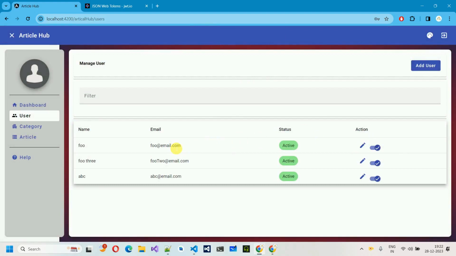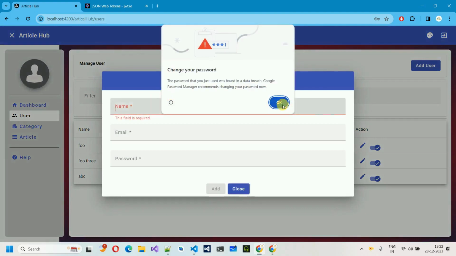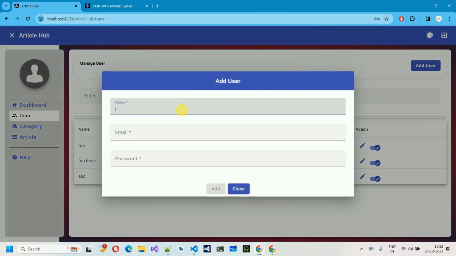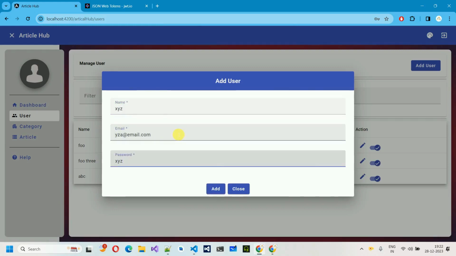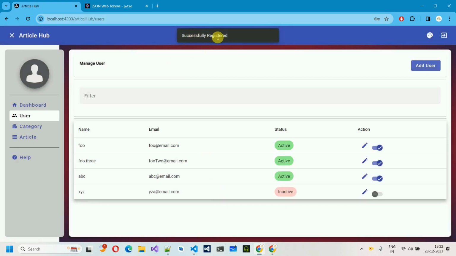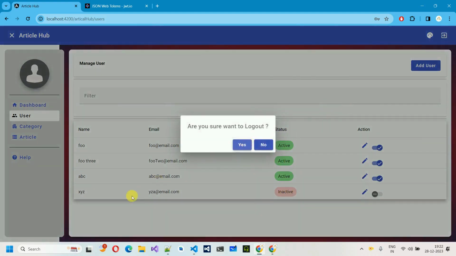So without trying that, what we are going to do is add a new user. So add user, and over here I'm going to use XYZ, and the email is yzx@email.com, and the password is again XYZ. Now if I click on add, it will add a new user, successfully registered, but by default the status is inactive. So if I log out and try to log in by this one,